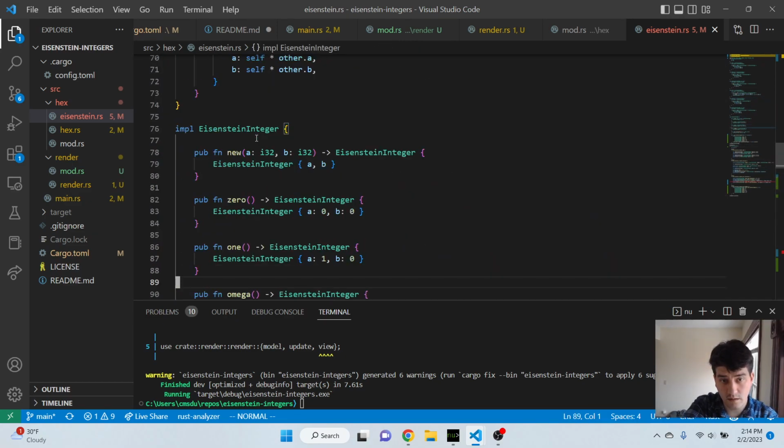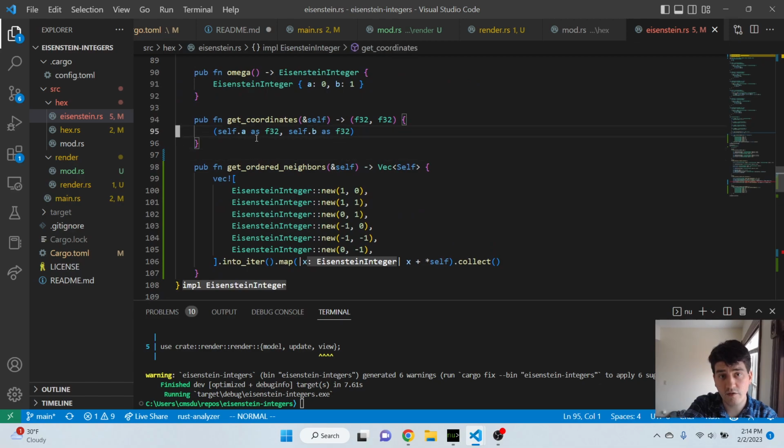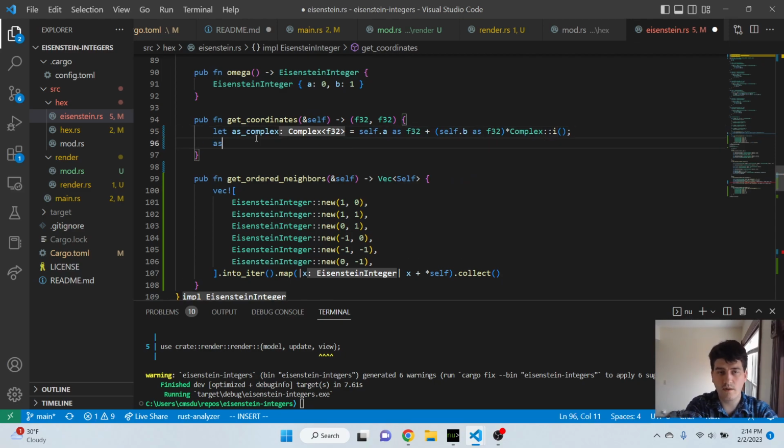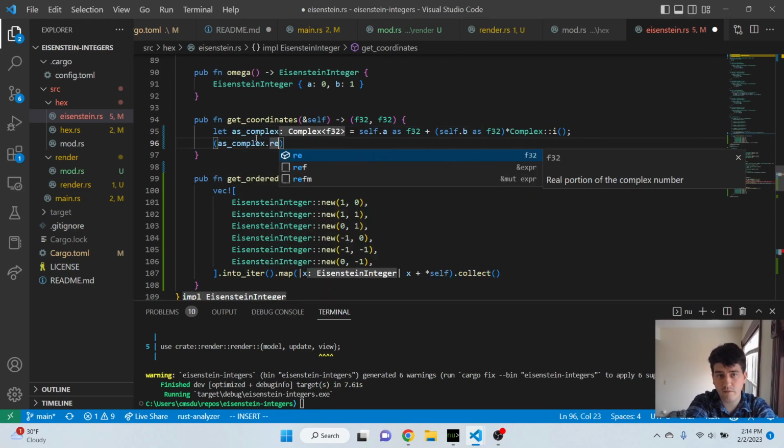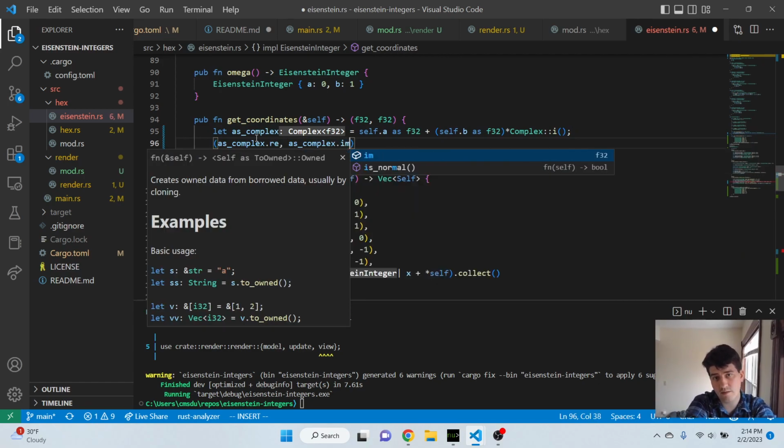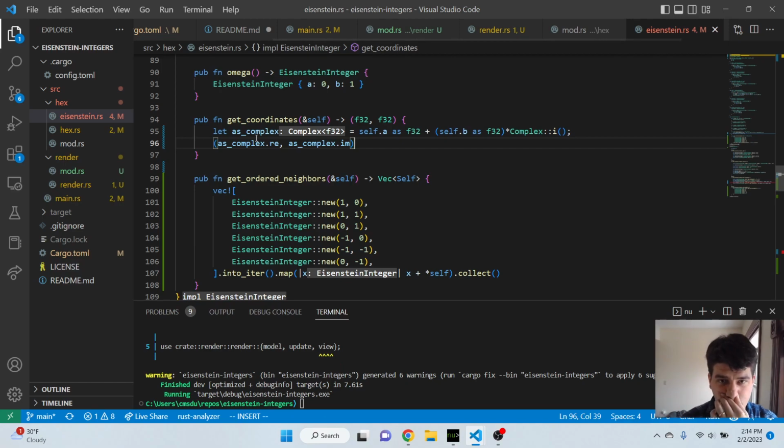So, obviously, that means that this needs to change. So this is going to change to this plus this times complex I, but as complex, complex be this. And then we return as complex dot real, as complex dot imaginary. Okay, so the point is to render it into a